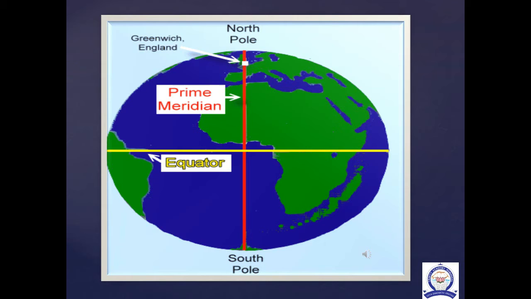Greenwich Meridian. The Royal Astronomical Observatory is located at Greenwich near London in England. According to the International Meridian Conference held in 1884 in Washington, D.C. in the USA, all nations agreed on choosing the Greenwich Meridian as the international standard meridian, 0 degree. This line of longitude is called the prime meridian, and it is also known as the Greenwich meridian because it passes through Greenwich.